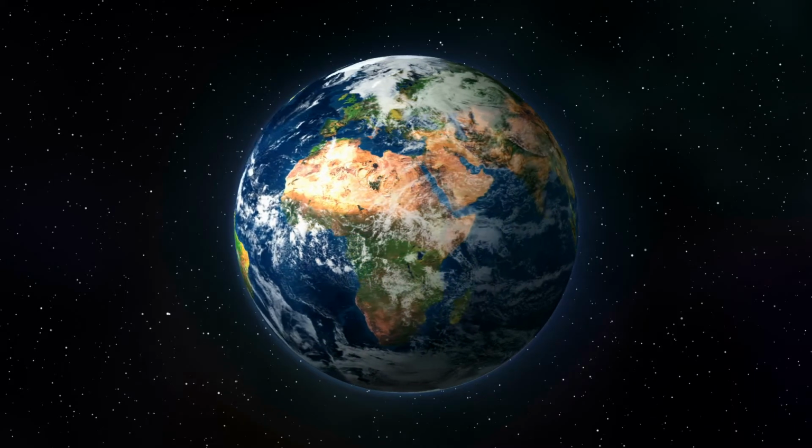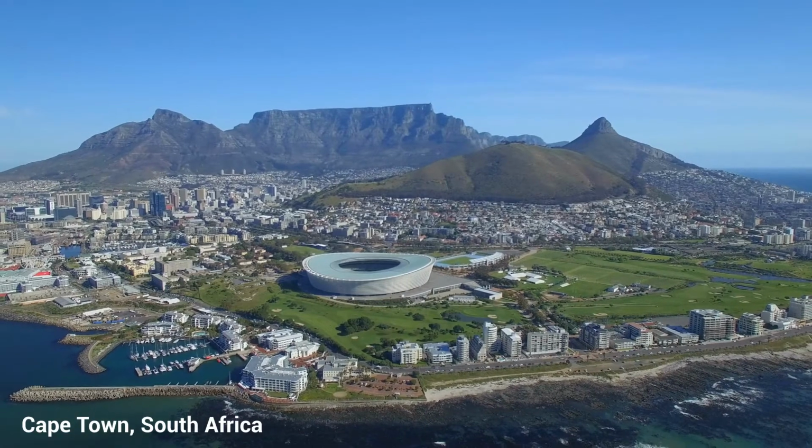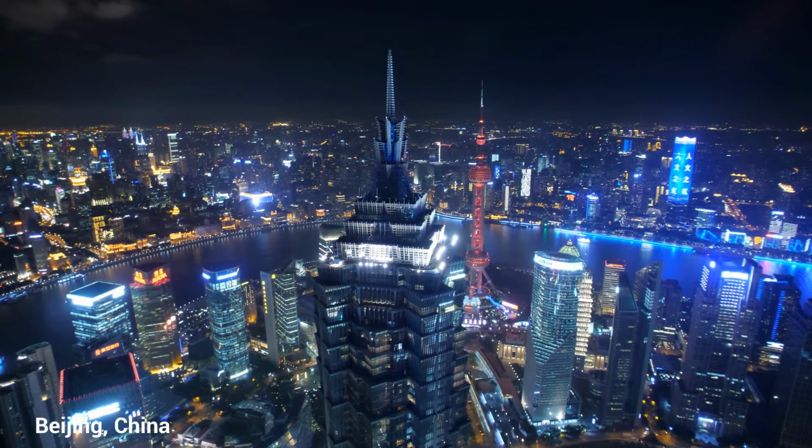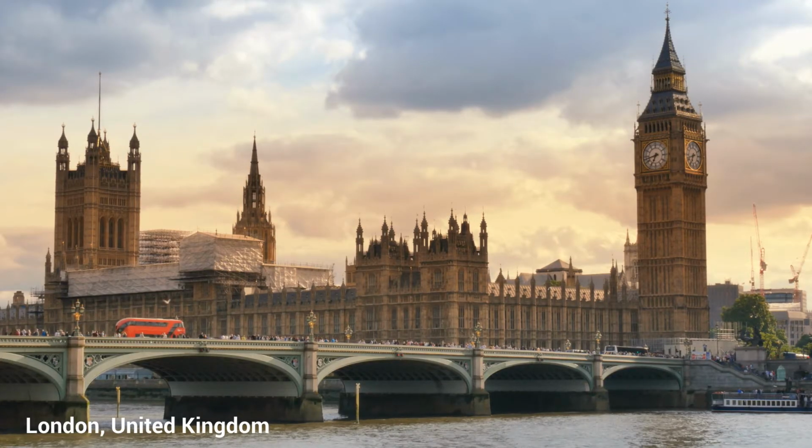When you look at a map of the Earth, there seems to be a lot of water. However, only 3% of Earth's water is fresh water, or the water used for human use. Many cities with high populations are already running out of fresh water. Cities such as Cape Town, Mexico City, Beijing, Tokyo, and even London, a famously rainy city, are all facing water